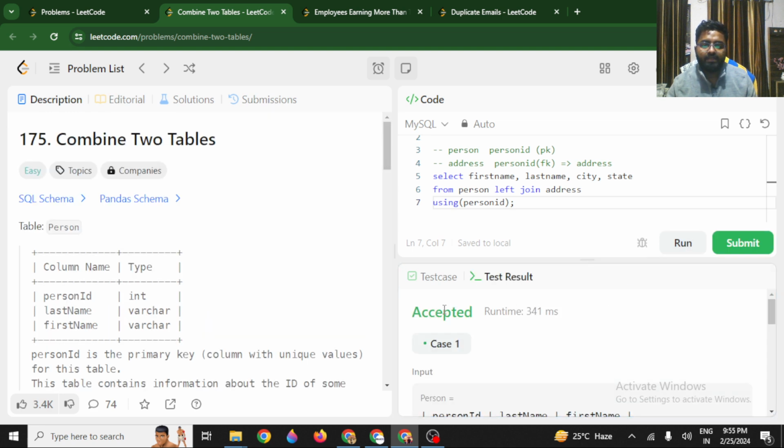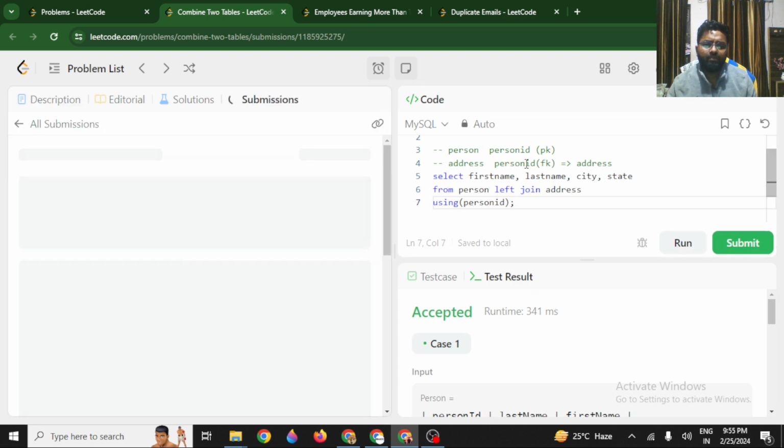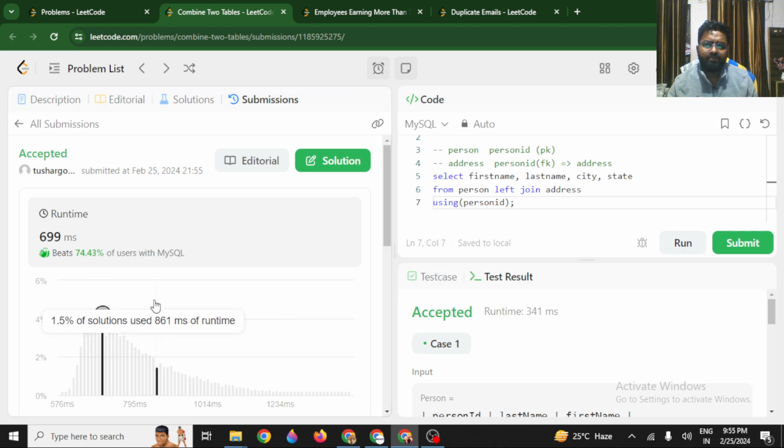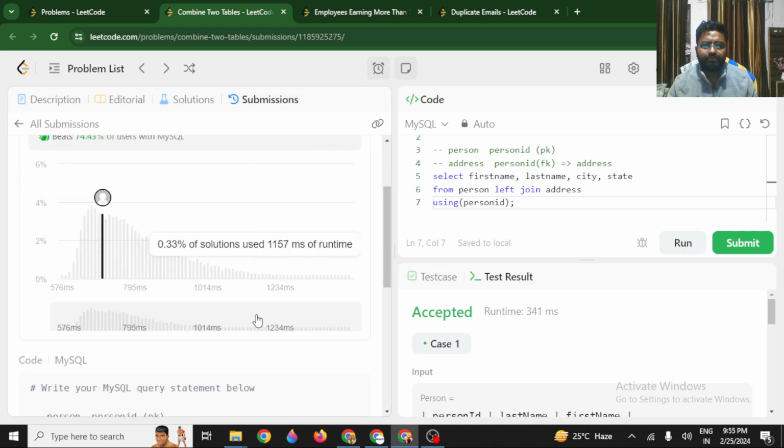Okay, done. So let's try to submit it. Why have we gone with the USING clause? Because in both tables the person ID is similar, correct? So we are able to solve this issue. Okay, I hope you got my point. Clear? Now,